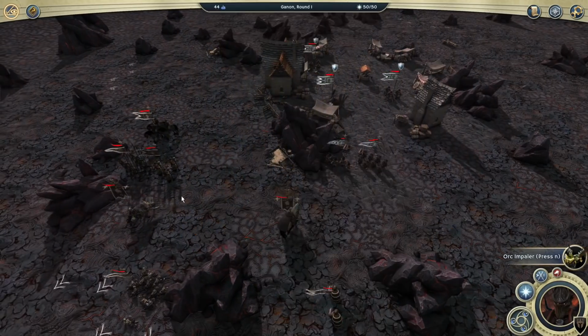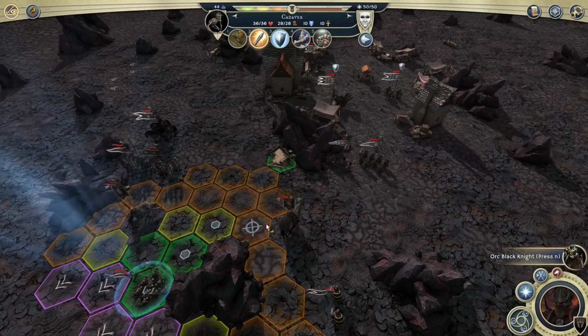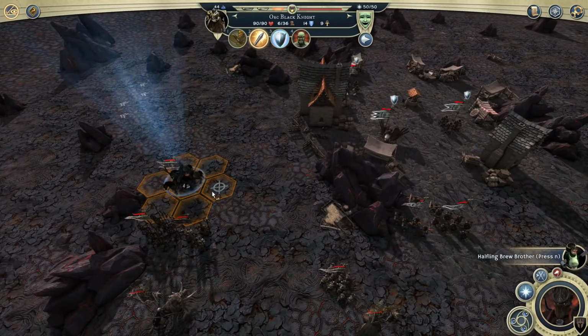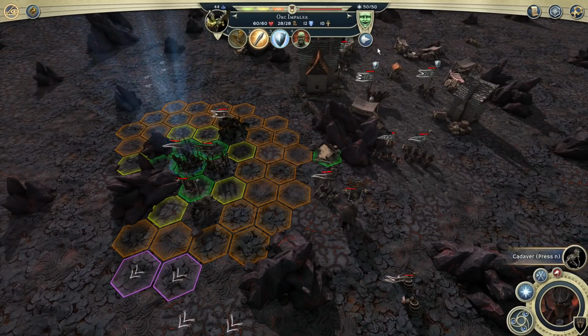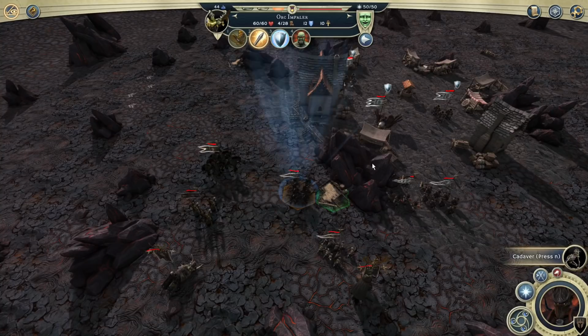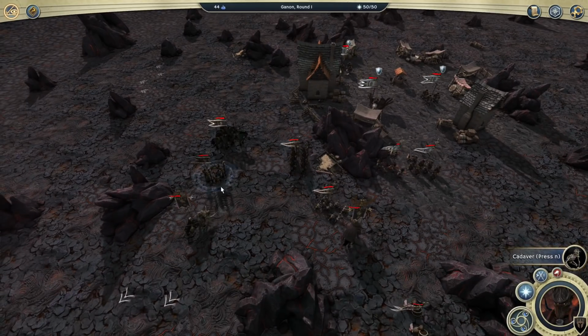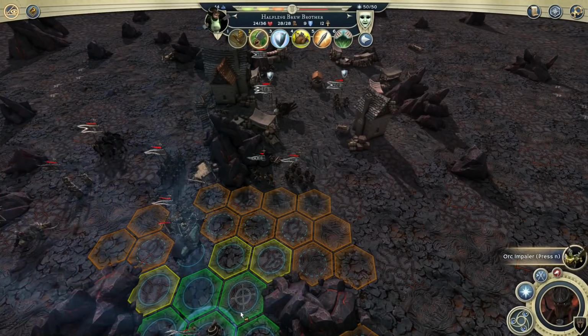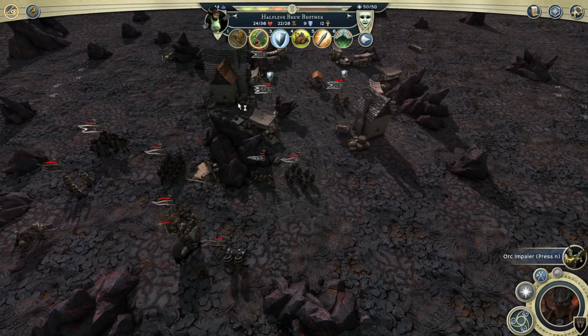Since that Eagle Rider can't hit me on this turn, it's not quite as scary. I was sort of hoping it could just barely make it over that rock, so I could tempt it into going after the Impalers, but that's okay. Let's see, can I...